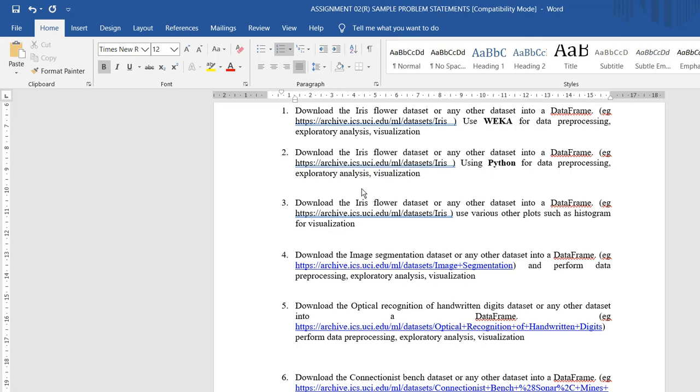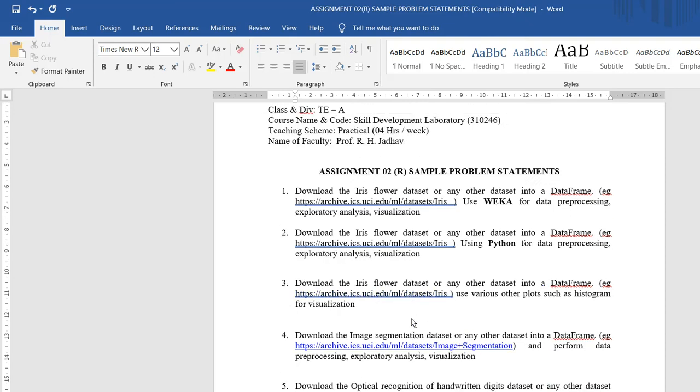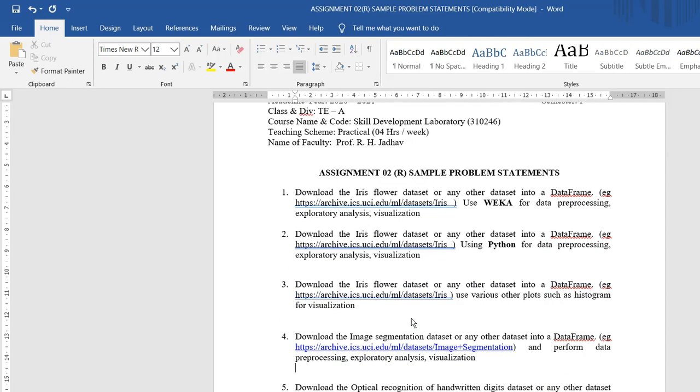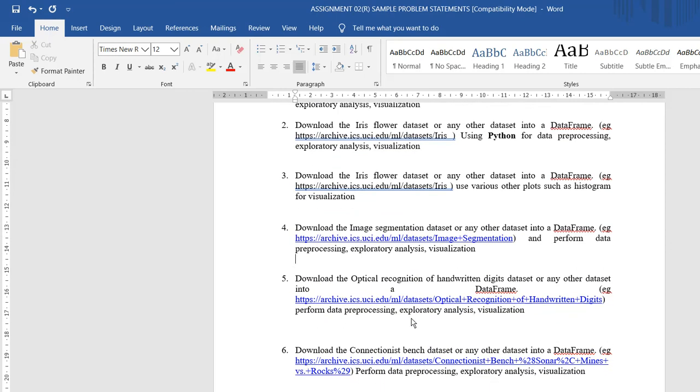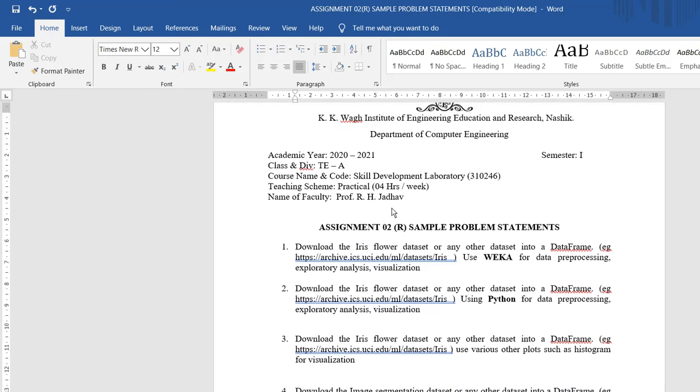I suggest histogram and other plots, bar graph, you can check out, and then you can plot various other graphs apart from whatever is explained in this particular assignment. Then for the rest 3, the data set is different, so you have to perform the same exercise, with the same instructions, but with different data sets. So these are the sample 6 assignments that I have designed for you.